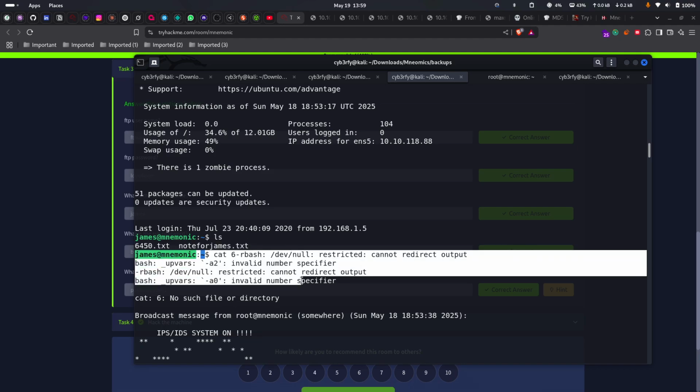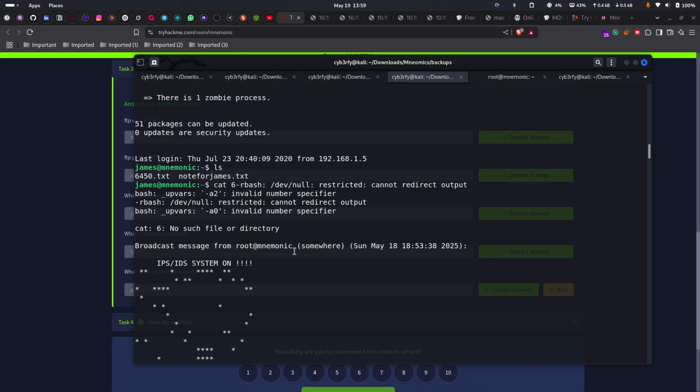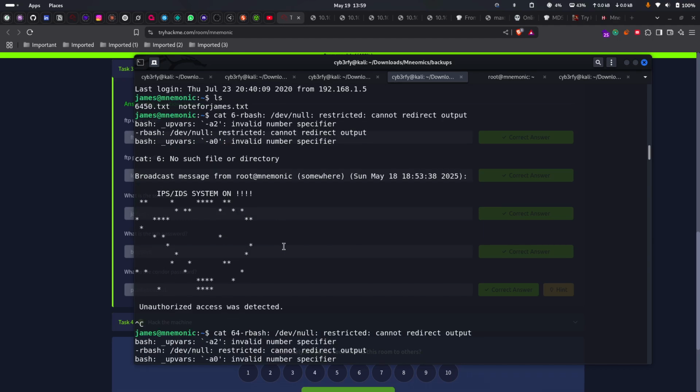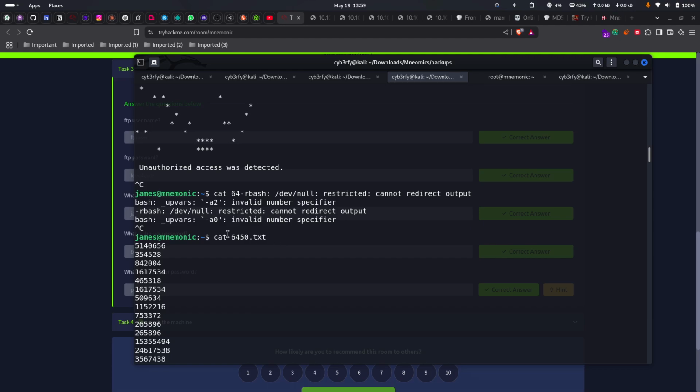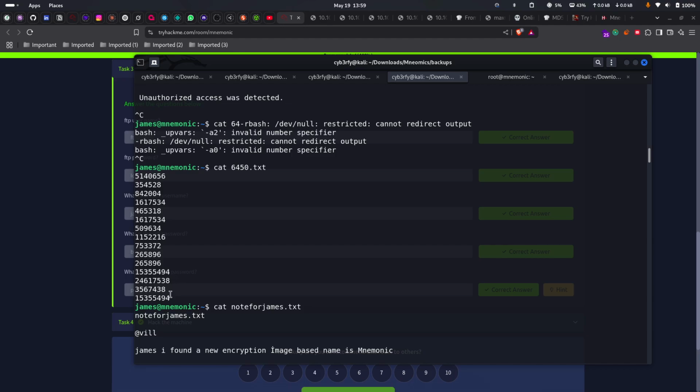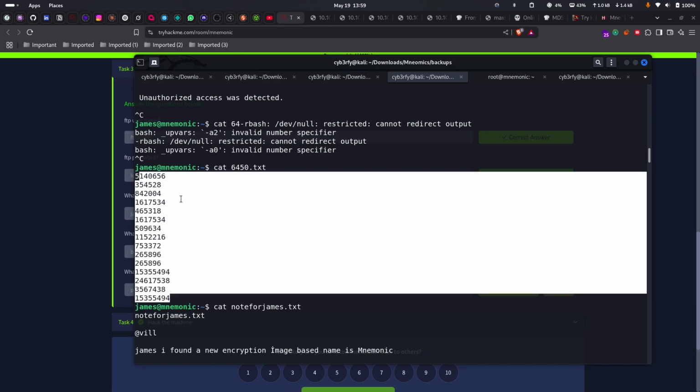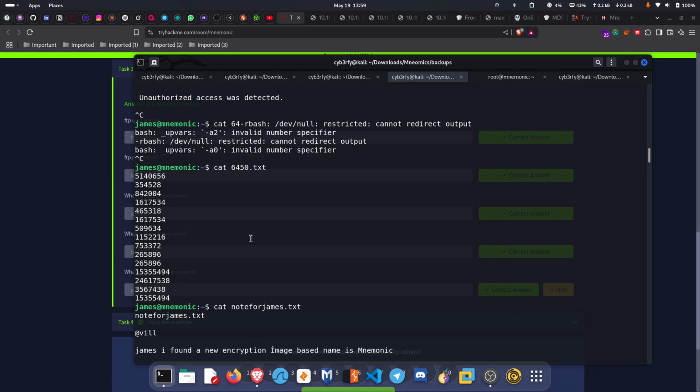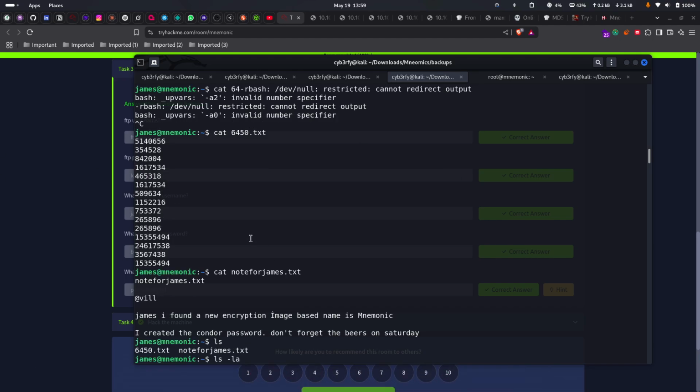Here something was running, I don't know what, but it was sort of a prank or something. It says that we are root, okay, but no problem. Let's ignore this. But there was a file 6450.txt. Here you can see we have file 6450.txt, and one more thing: you can see here when I cat the note for James,